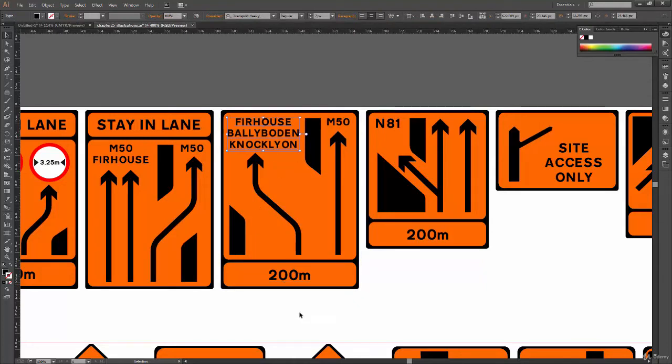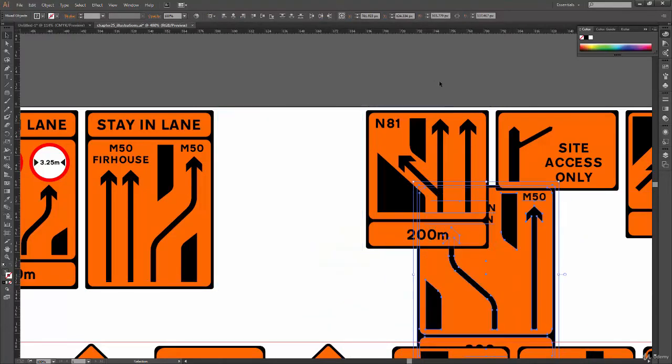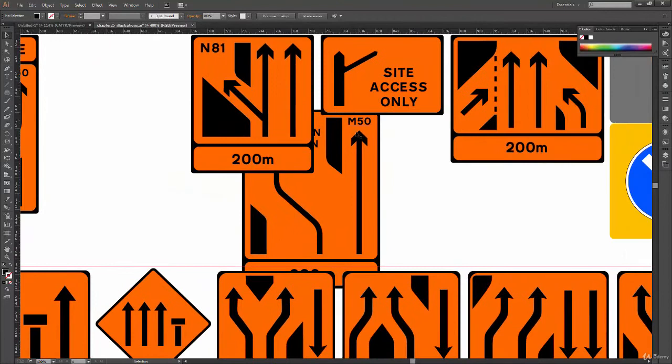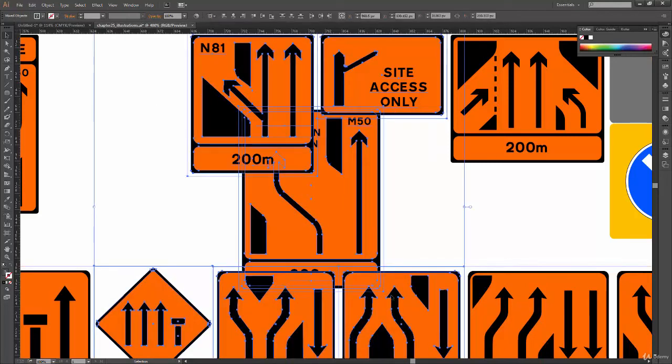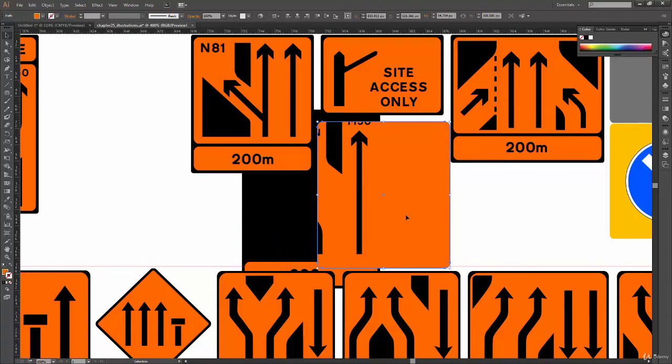So it is a good idea, like if I want to make some changes in the design, then yeah, ungrouping will work fine. But if I want to move the whole shape together or the whole sign together, then I have to select this whole thing and then move. And let's say somewhere here I misplaced it. Now again I want to move it. So now it will be really hard for me to select this whole shape because it will include other shapes too. So at this time, if this would have been a group, I could have just clicked and moved it. So the things would have been a lot easier.